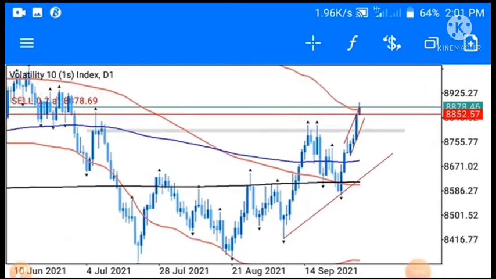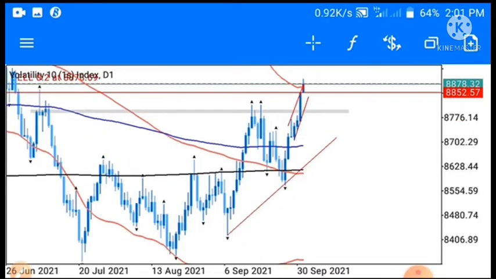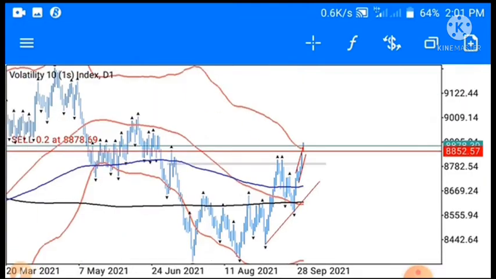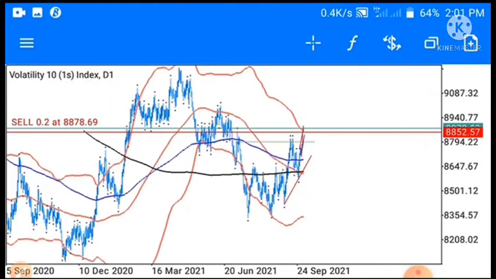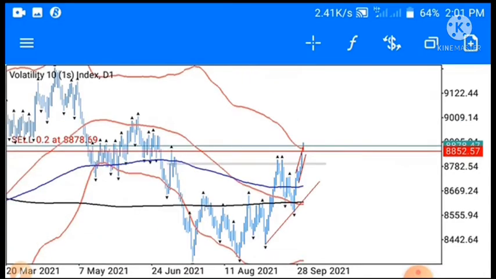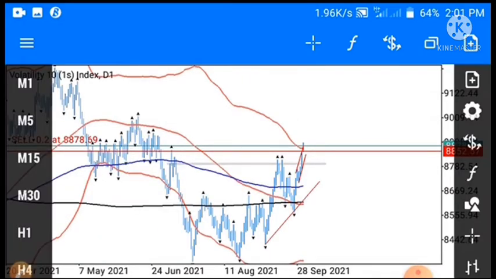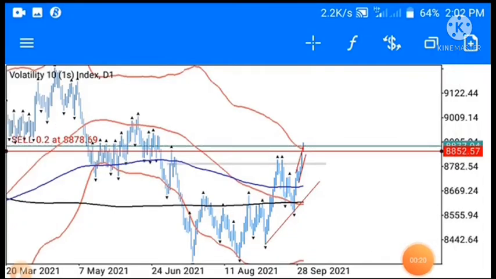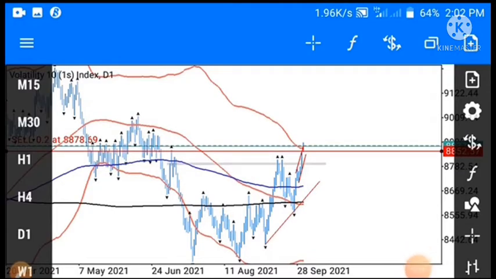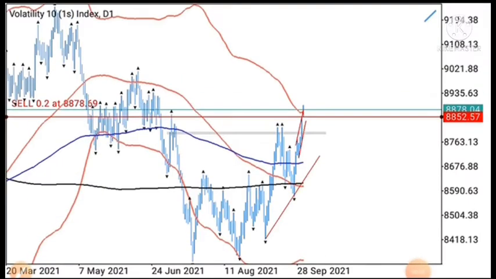A quick review on Volatility 10s. As you can see, I have this place marked up already. Now when I take a look at these, we can see that there's a trend line